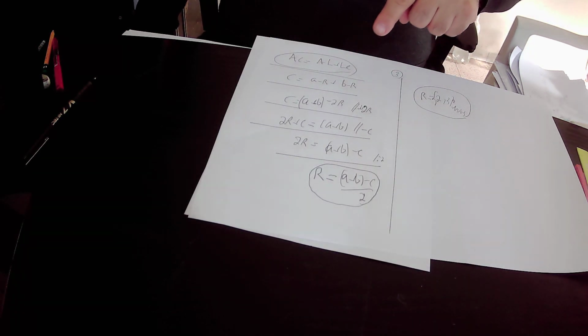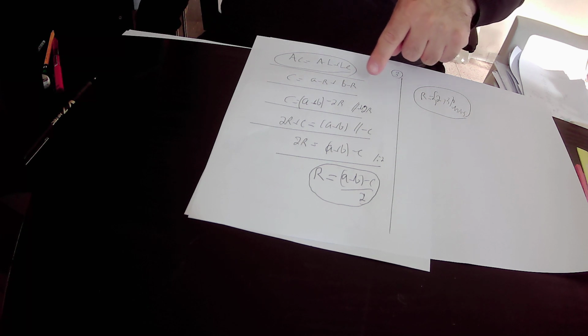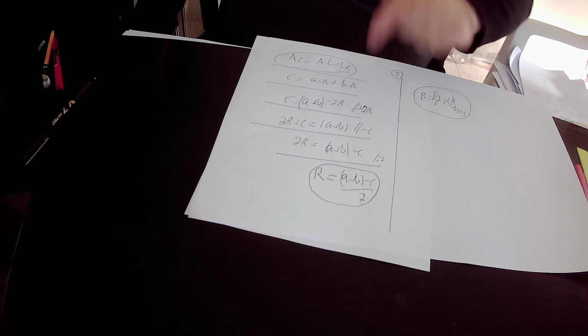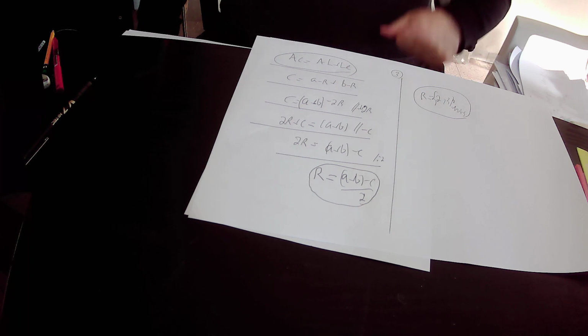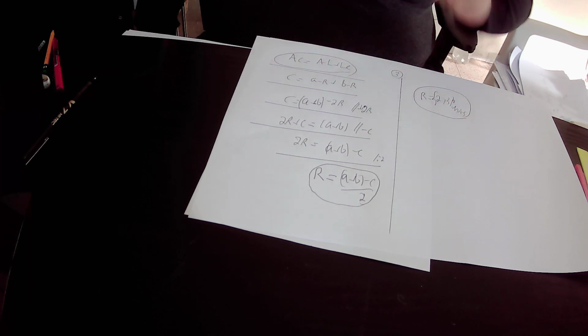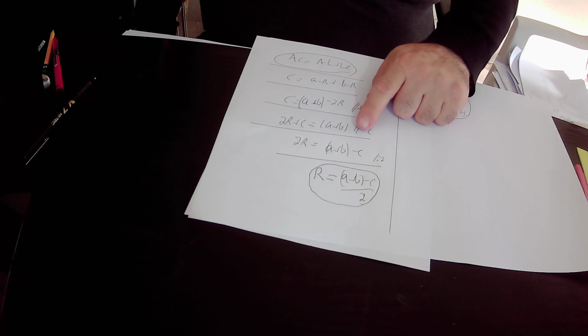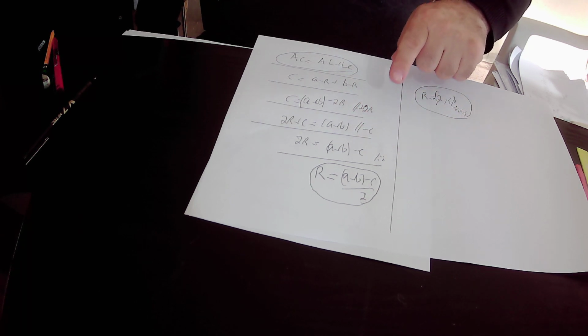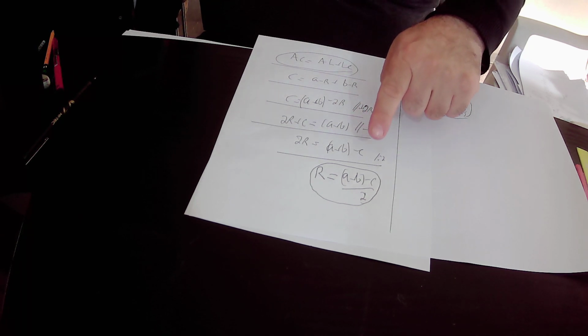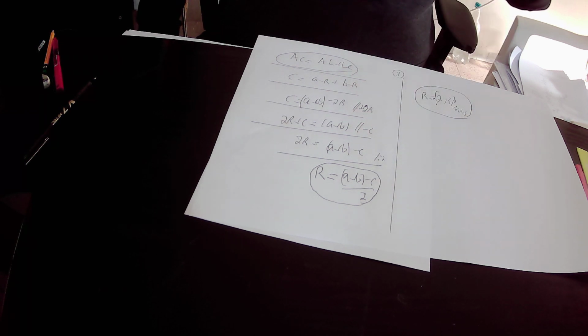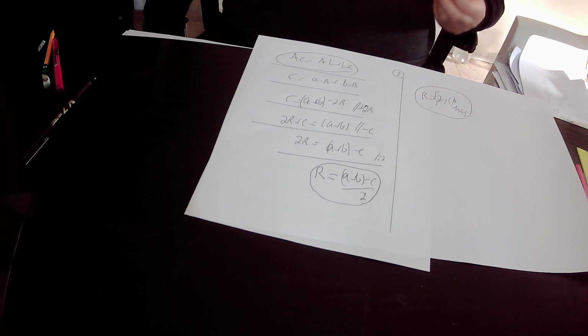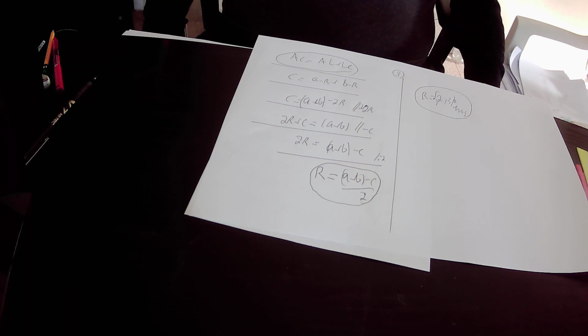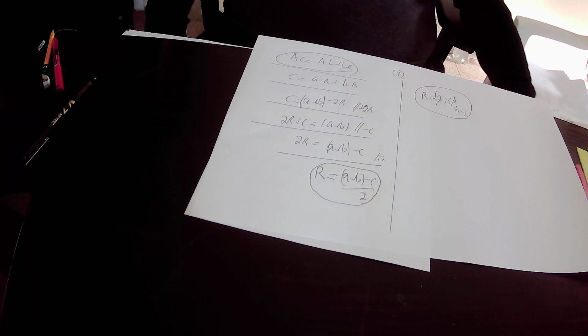Here we added 2R to this equation and found out that 2R plus C equals A plus B. Here we subtracted C from this equation and found out that 2R equals A plus B minus C. We divided this equation by 2 and found out that R equals (A plus B minus C) over 2. Okay, so we found the general formula for the radius of a circle that is inscribed in triangle ABC, that could be any right triangle,